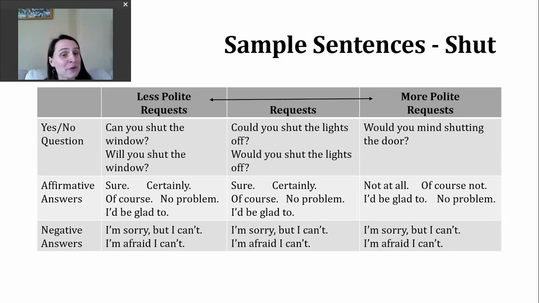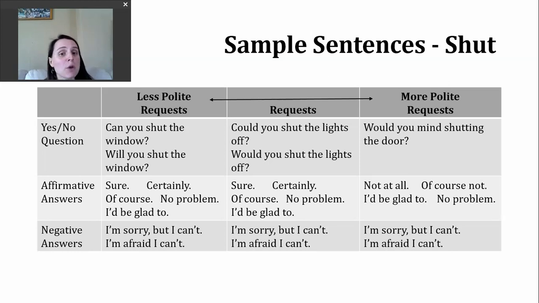But if you want to answer in the negative, you might hear someone say, I'm sorry, but I can't. You might also hear, I'm afraid I can't. And after each of these statements, someone might expand and give a reason why they're not able to complete the request. Okay? If we want to make our request just a bit more formal or more polite, what we can